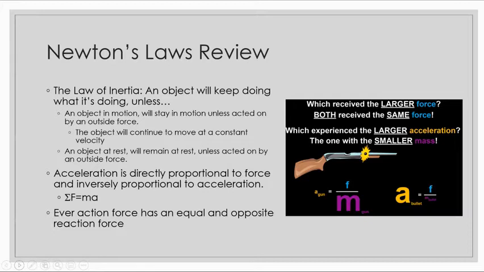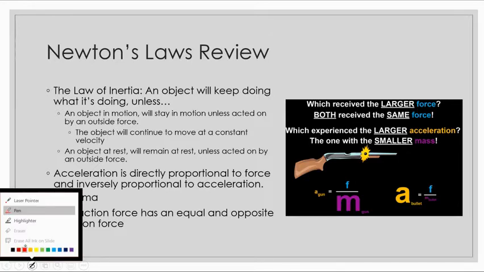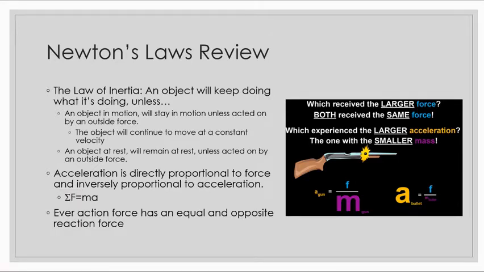Newton's second law is looking at acceleration. Acceleration is directly proportional to force and inversely proportional to mass. This is usually written as sum of forces equals mass times acceleration. Another way that I like to write that is acceleration is equal to force divided by mass. And in this diagram, you can see a bullet being shot from a gun,